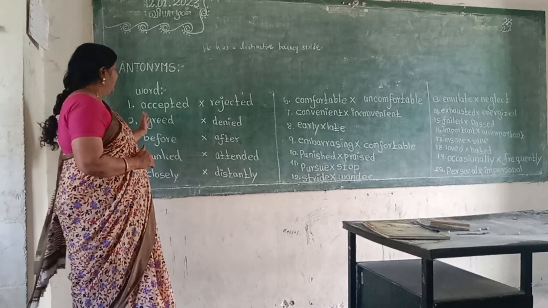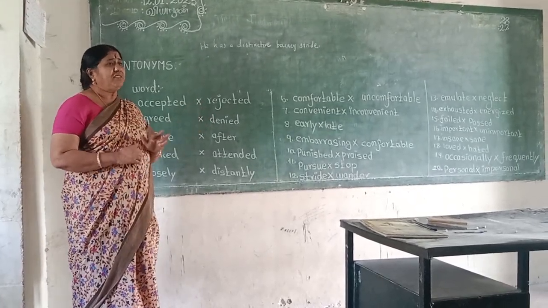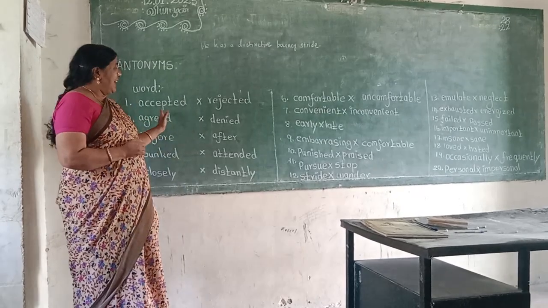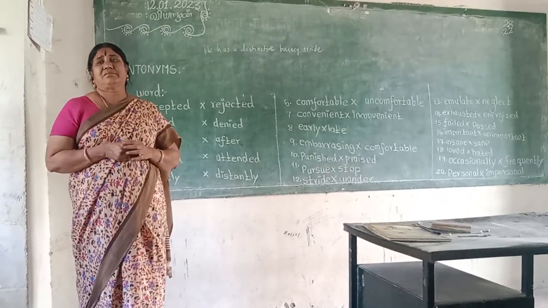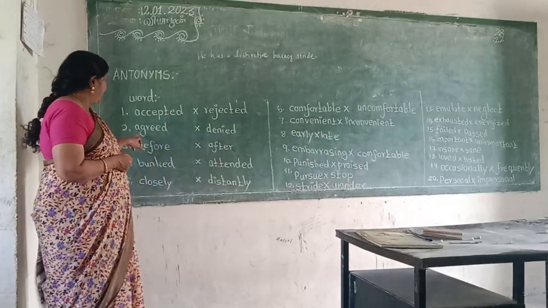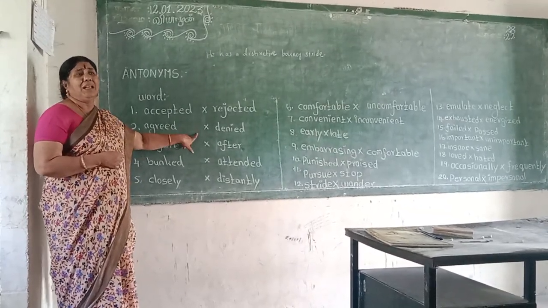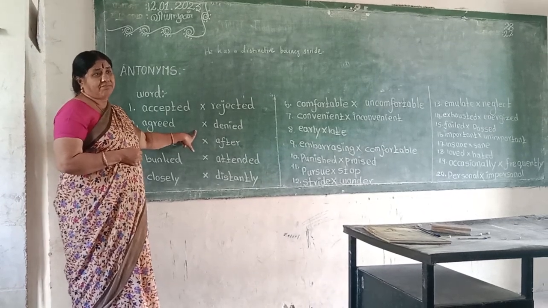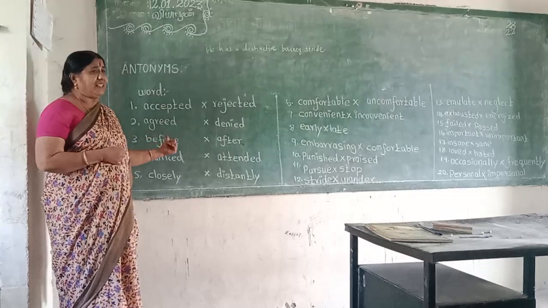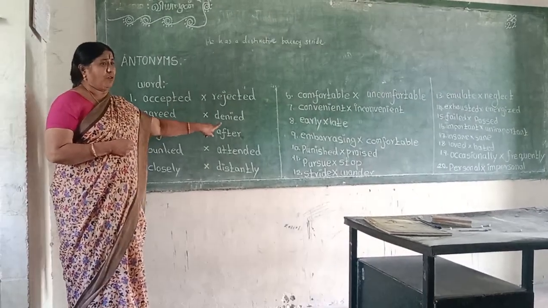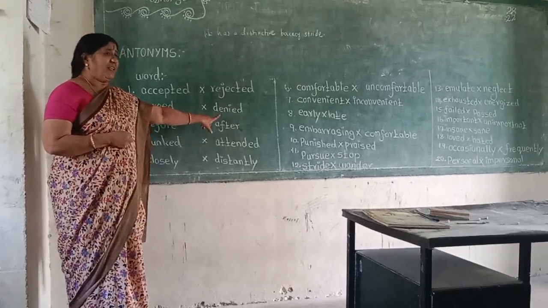For it, you can take the words accepted and rejected. For accepted, there is an opposite, rejected. She has accepted the proposal, but he has rejected it at once. Kamala agreed to do the project, but Vimala denied to do the project. You see the controversial sequence in utilizing the concerned word in English, to be properly presented for its controversial map of analysis to be made for such a word in English.